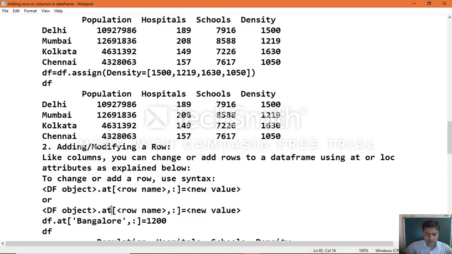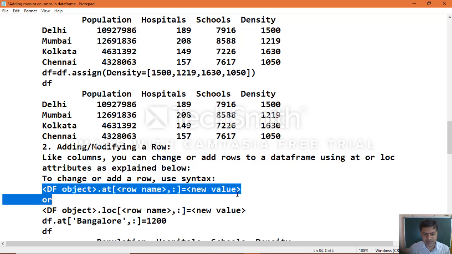In the same way, for the data frame object, that is our data frame object name dot loc of row name equal to new value. You can see both the syntaxes here, the way you can add a row to the existing data frame object.